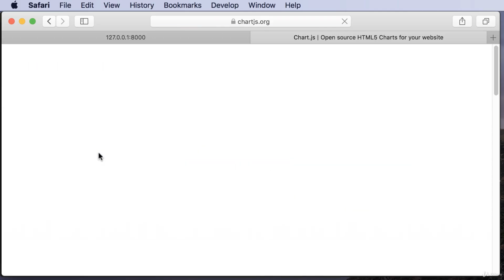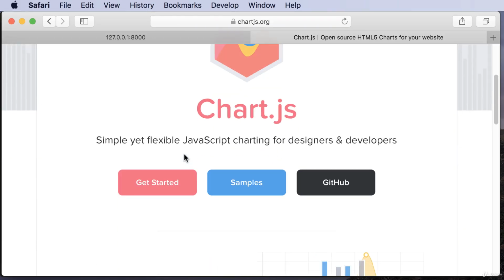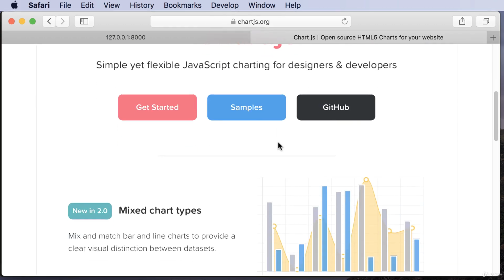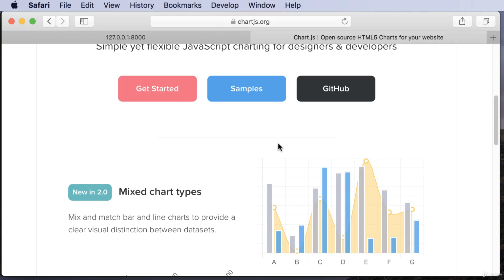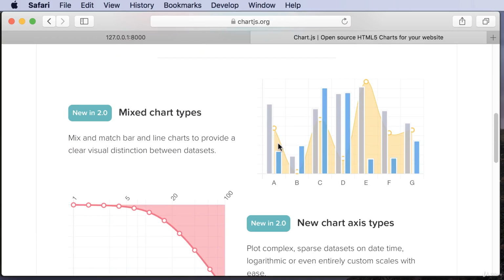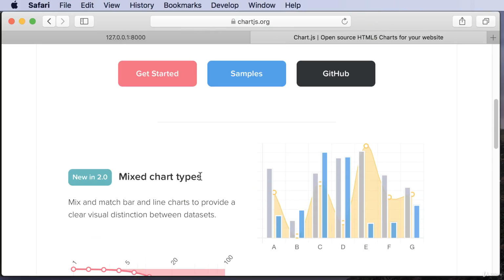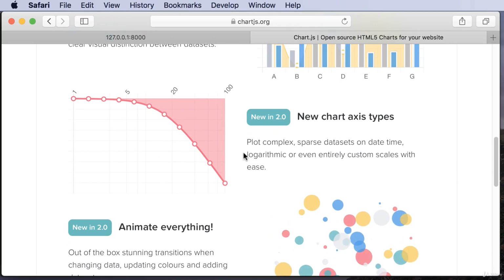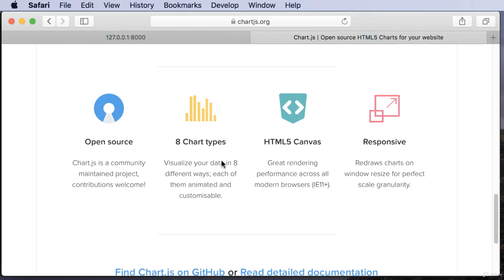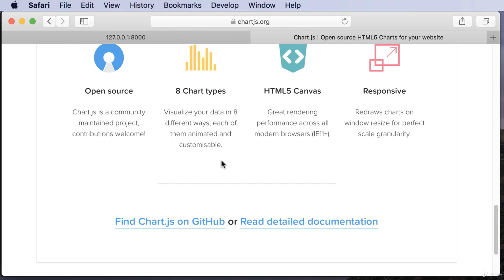If you go in there, it will introduce you to what exactly chart.js is. It says simple yet flexible JavaScript charting for designers and developers. While creating web applications, many times you would need to create charts. Now creating charts is quite tricky because it involves making use of some graphics, making use of the canvas, and so on and so forth. Therefore, chart.js has made it quite simple by providing us with their own library which we can use to